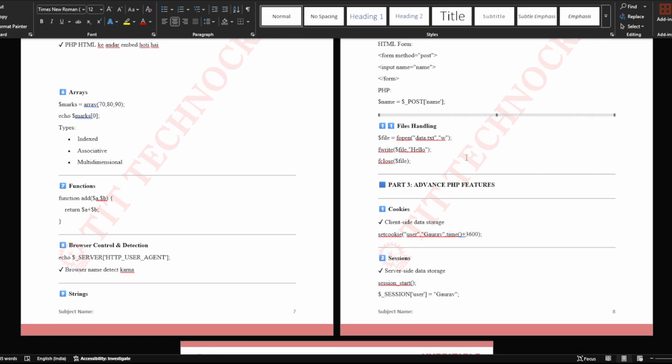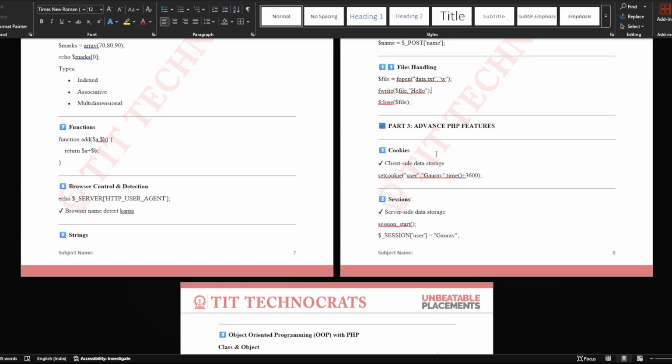So, file handling: how you can create a file in the storage or secondary storage. You can use various methods in the PHP language. So there are a few examples of those methods. And I'm going to explain the advanced topics of PHP features like sessions,